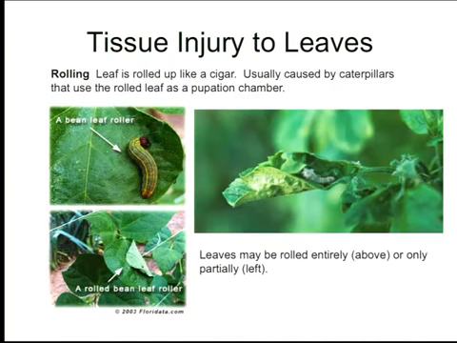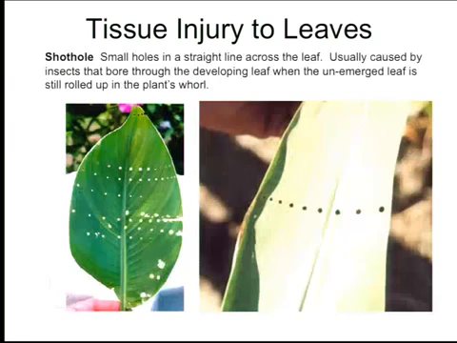The rolling is typical of lepidopteran insects. There are insects that are called leaf rollers. There are larvae that basically roll the leaf and make a nest in there, and then they pupate in there after they have consumed biomass. Next. Shot hole. That's another typical insect damage, insects that bore in those patterns, you know.